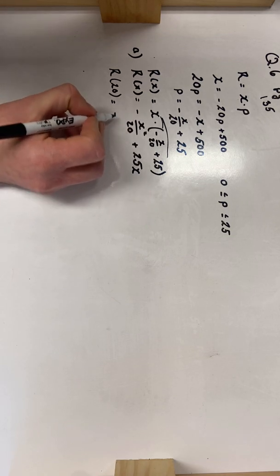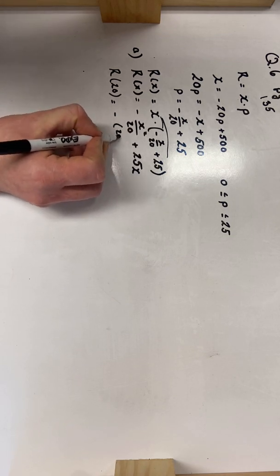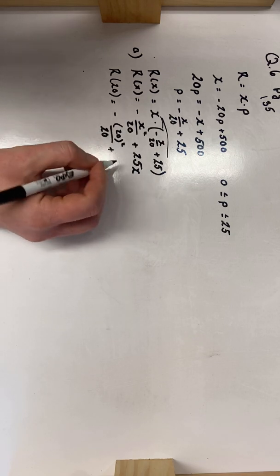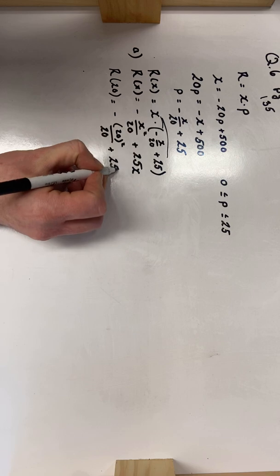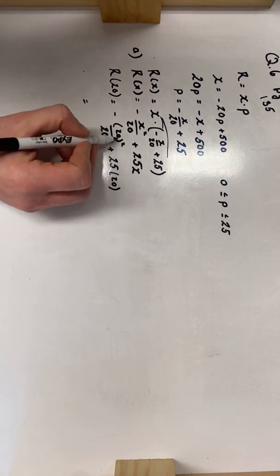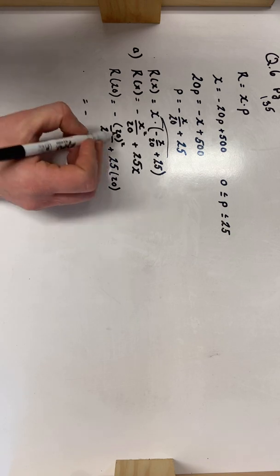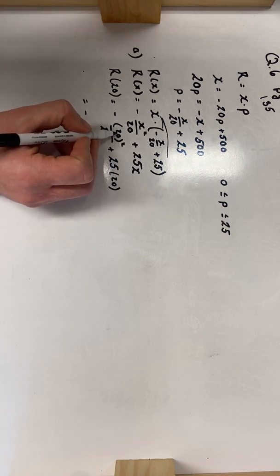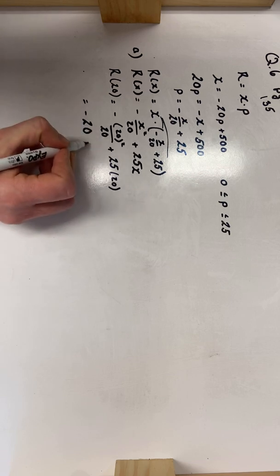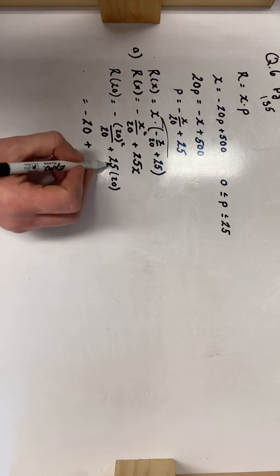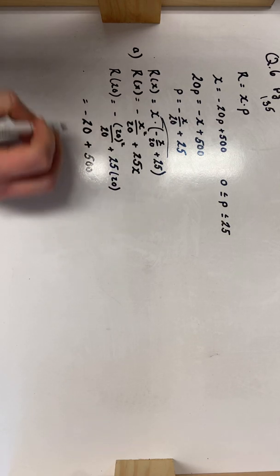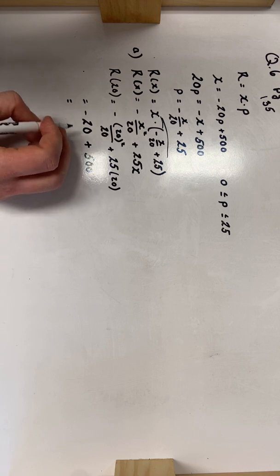And so I will have minus 20 squared over 20, plus 25 times 20. If I work this out, 20 squared is 400 divided by 20 is 20. So I get negative 20 plus 25 times 20, which is 500. And so that is minus 20 plus 500,